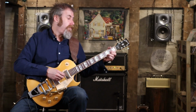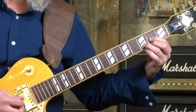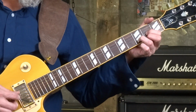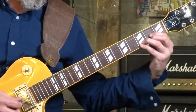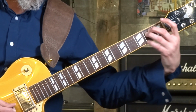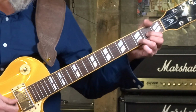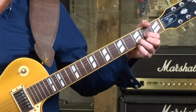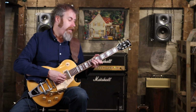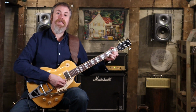And now we're back into the verse type playing, which is around that D chord again. So that whole section, again, is very much like the first verse. So we've got the ending with a, and then to the riff on the D